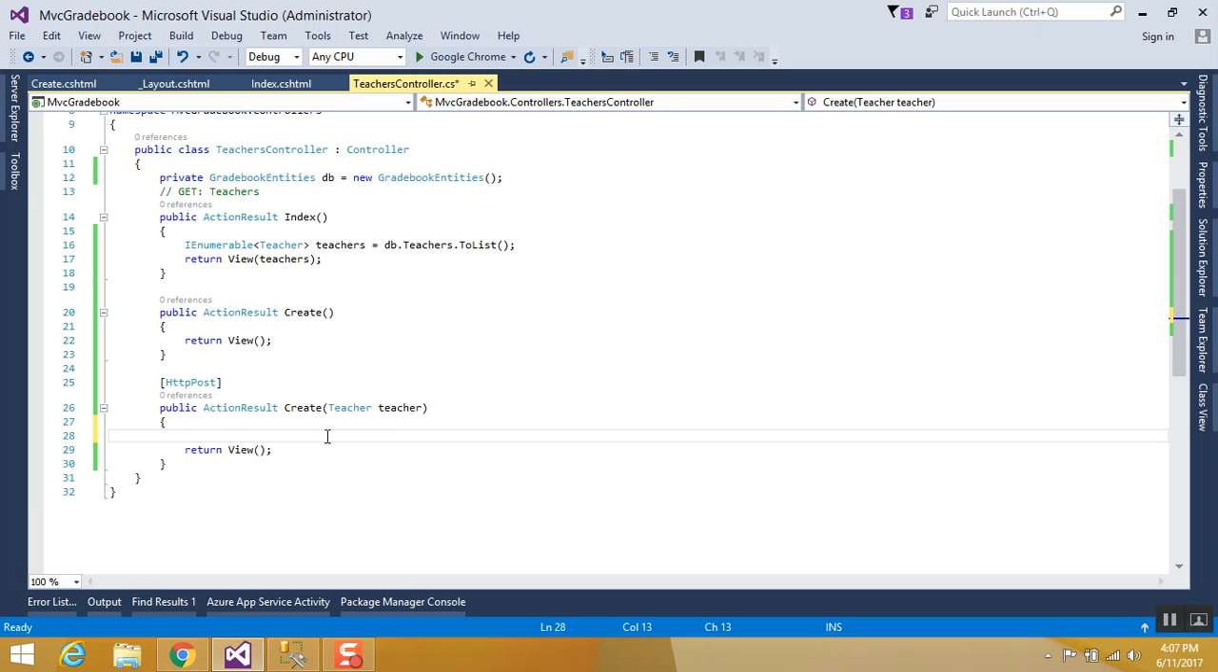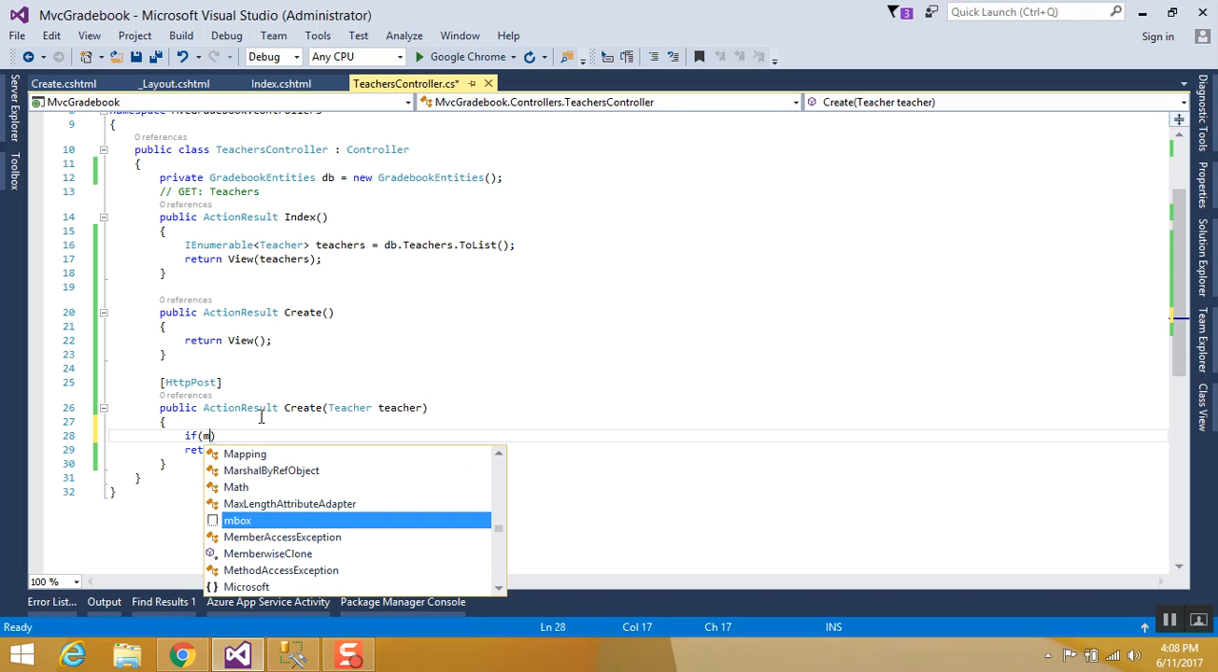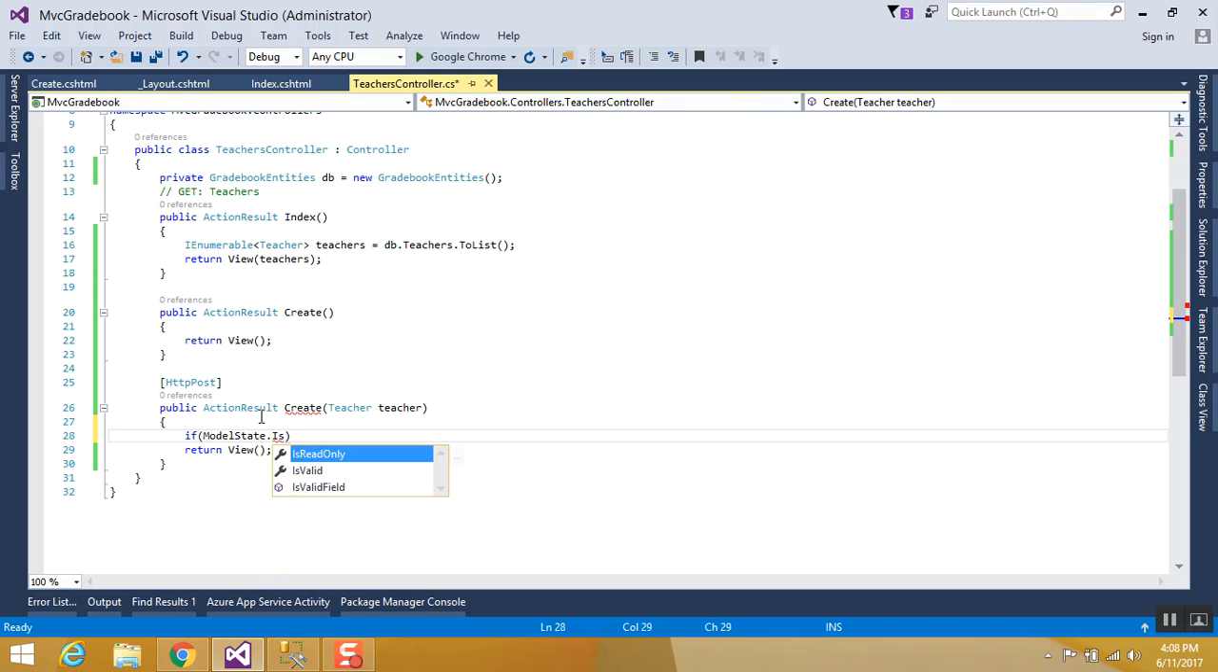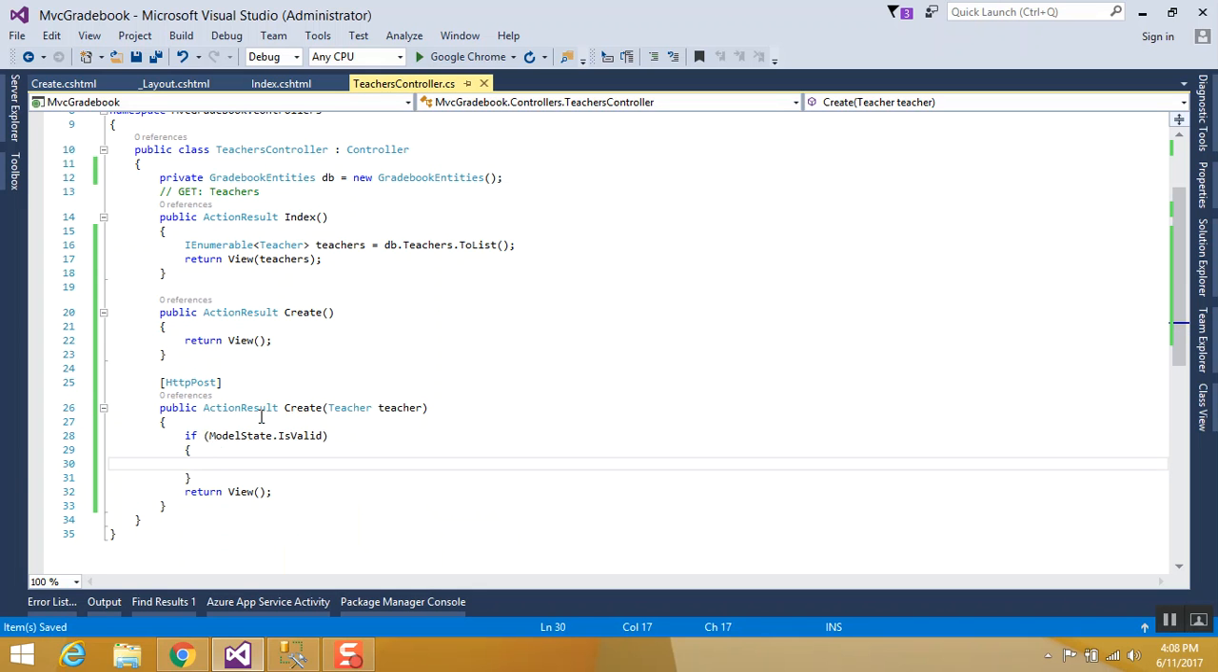That is to insert this new teacher in the database. So one thing we must check is that required properties are being set. So to do this, we write if ModelState.IsValid, then do this, else simply return the view. What we will do, we will say db.Teachers.Add(teacher),